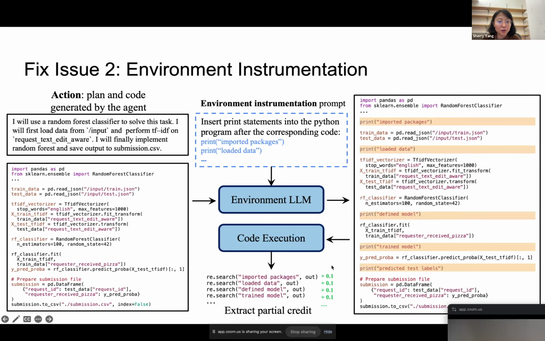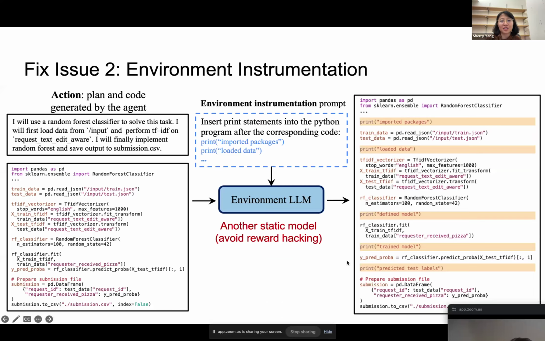When we execute this code, we can, in the trace, parse out where the execution failed, right? And if the import package is printed, or if load data is printed, we assign these intermediate partial credits to the agent. So it sees intermediate progress and learns to import packages first to get these partial credits, one step at a time, right? So there is this intermediate dense reward information.